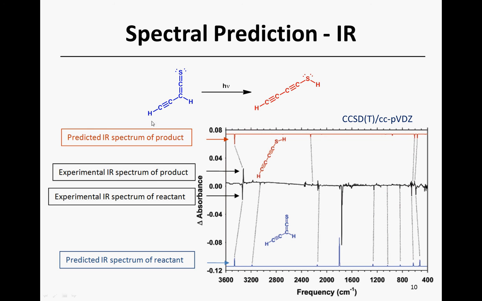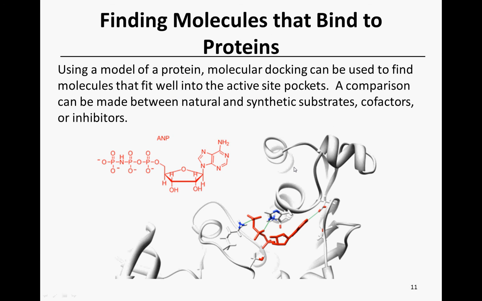So essentially, he was able to convert this thioketene to a diacetylene thiol species by shining light on it, which is a pretty neat reaction. Both of these molecules have a fair chance of being found in the interstellar medium and are sort of important molecules in that regard. A final research example that I wanted to give you a flavor of is some really